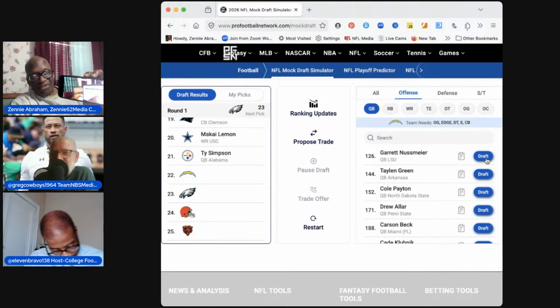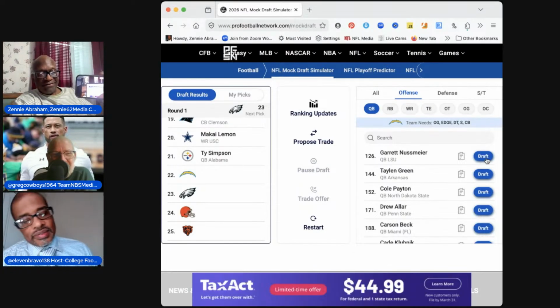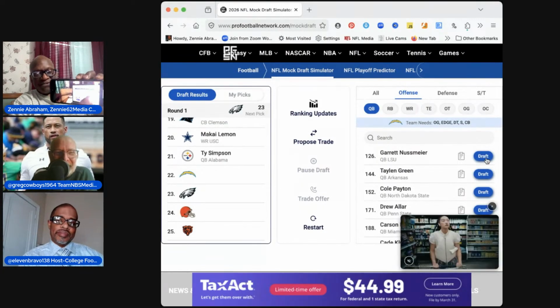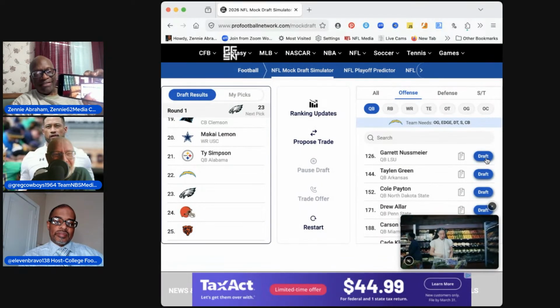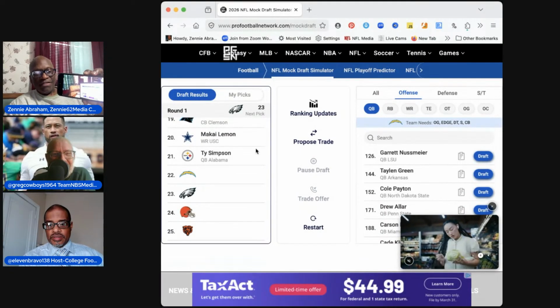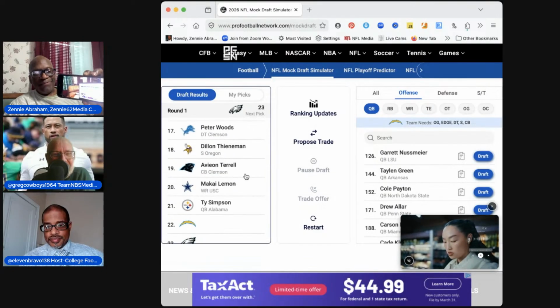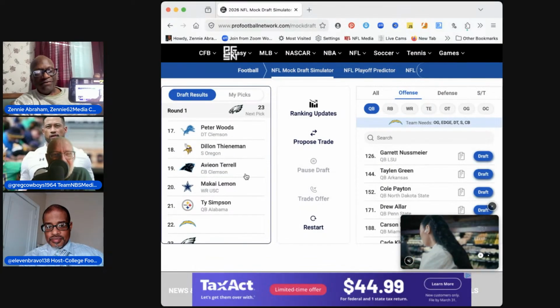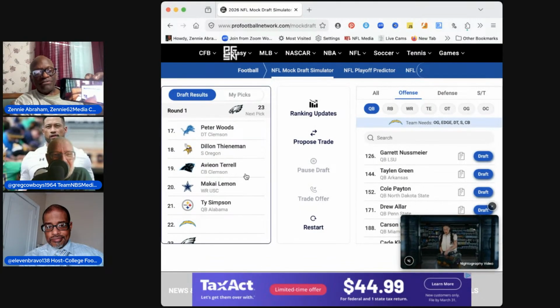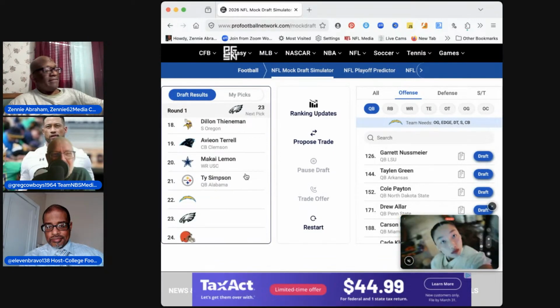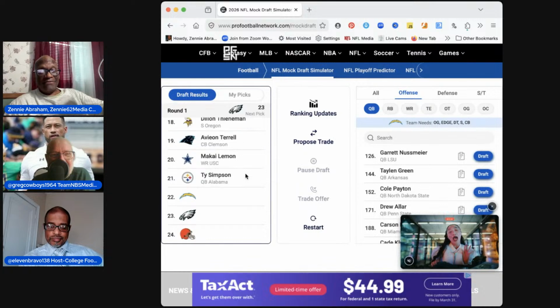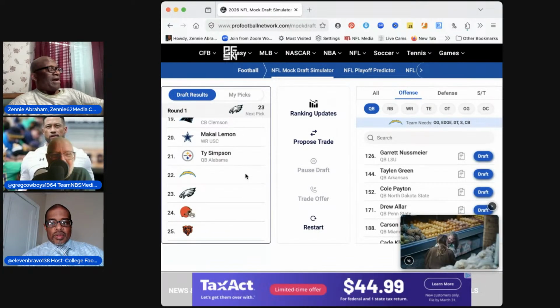You can blame Greg Rector here for the decision, but then you can also blame me for sending Ty to the Cowboys. And you can also then, we're retracking, blame the great Bill Carroll here for sending Avion Terrell to the Carolina Panthers. So just giving you a bit of an update on this great first mock draft